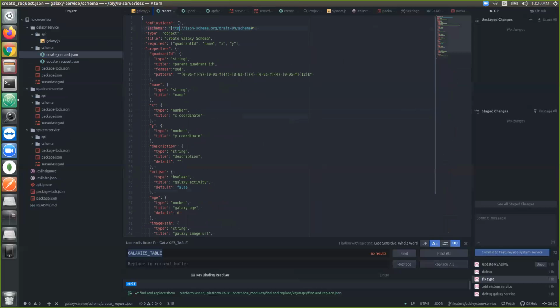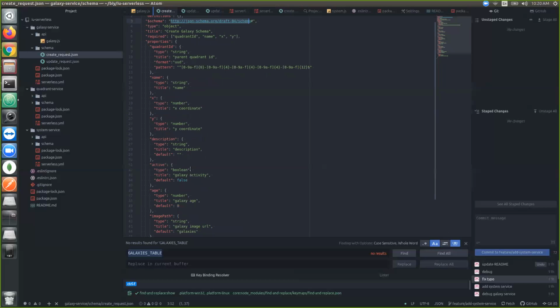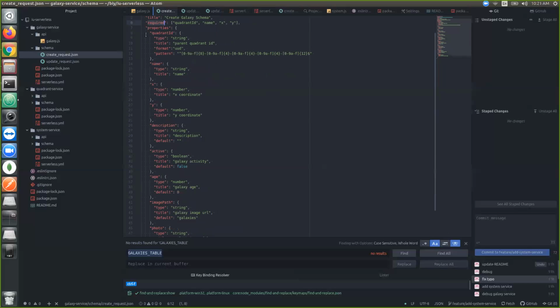Serverless framework will only support this type of schema. But at least if we define it, it will do the validation automatically. Like in the data body, we want to add coordinate ID, name, X, and Y. It's required. If someone creates a galaxy without a name, you will get an error message. That's it. And the coordinate ID should be a string type, and the pattern